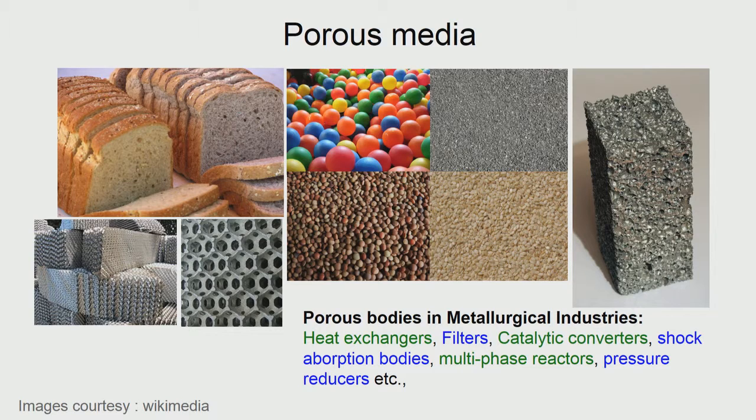We know from bread, for example, these regions you can see that there is a lot of porosity, and these actually are seen in engineering also and very common. So, you could actually see that you have a porous body, an aluminum foam which is used to absorb shock, and it would collapse. The porosity would help the material collapse and thereby absorb the energy before the impact is passed on to the contact body which is behind.